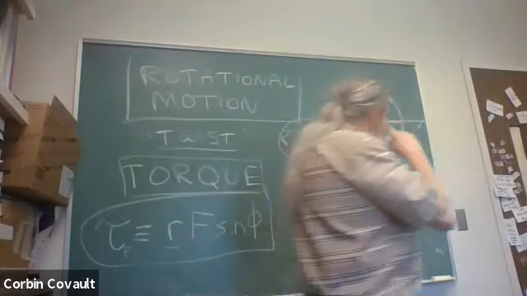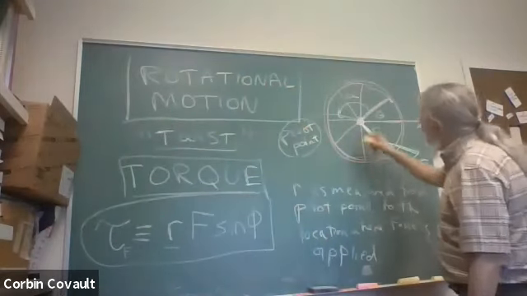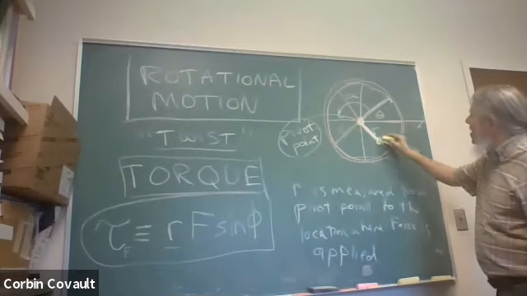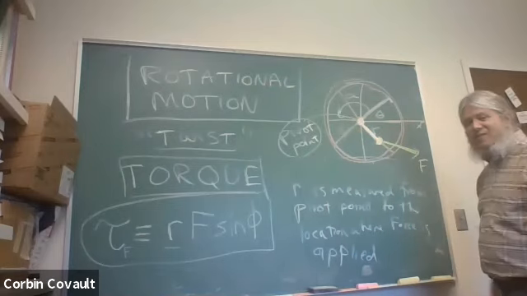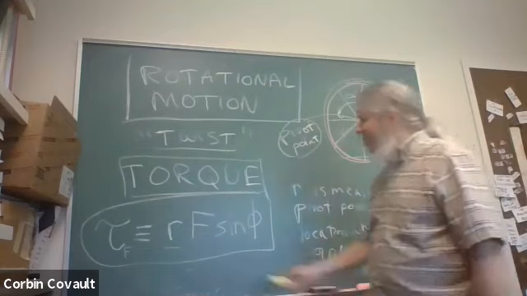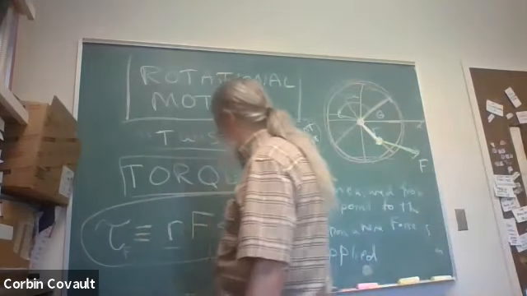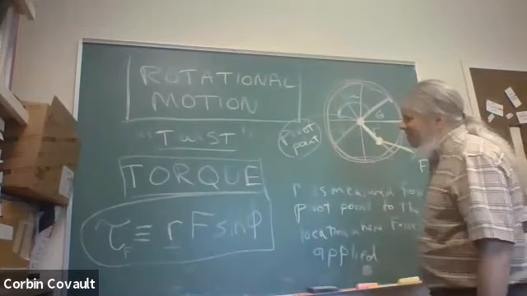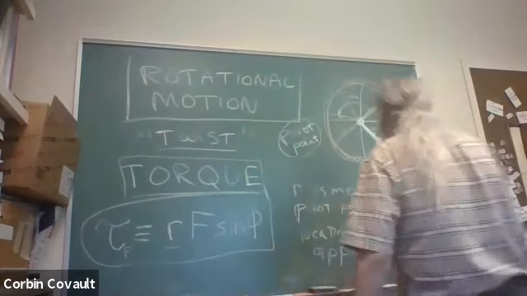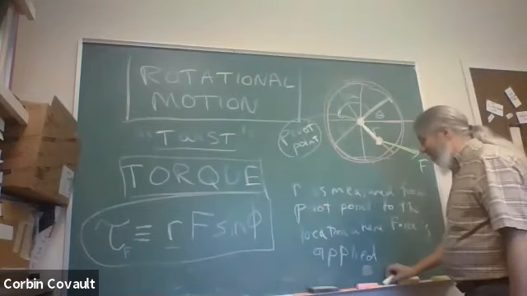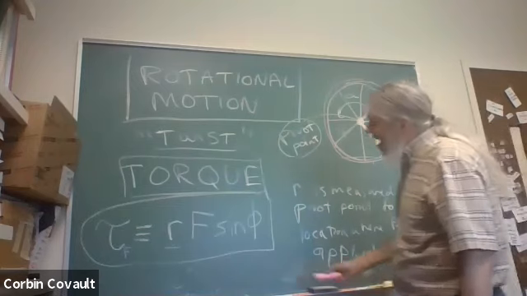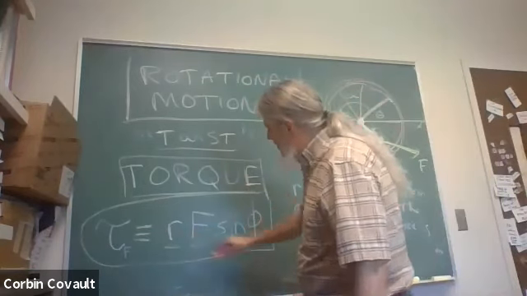again. The key issue is that R is not the radius of the circle. Maybe that's big R here or whatever. I'm talking about the radius at which the force that you're interested in is applied. So this is the torque associated with a particular force. It's R, which in this case would be this distance here, times F, the magnitude of this force, and then times sine of phi, where phi is the angle between these lines R and